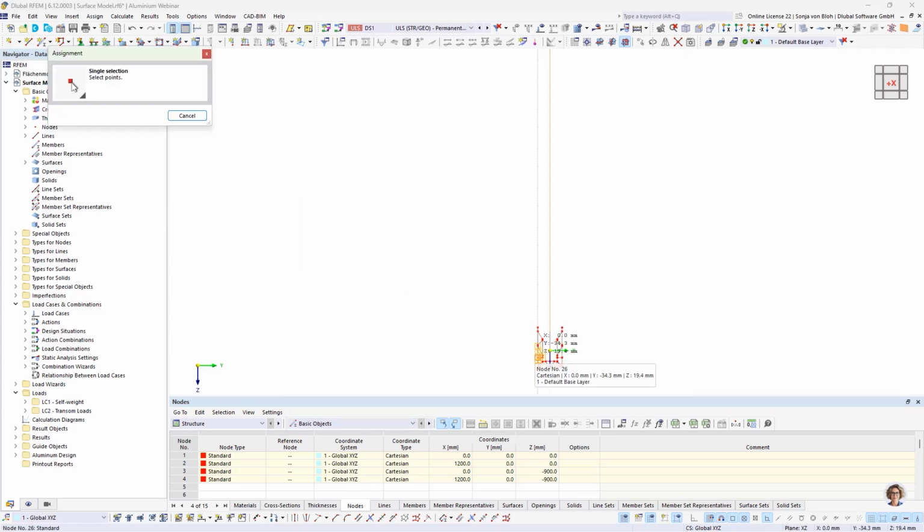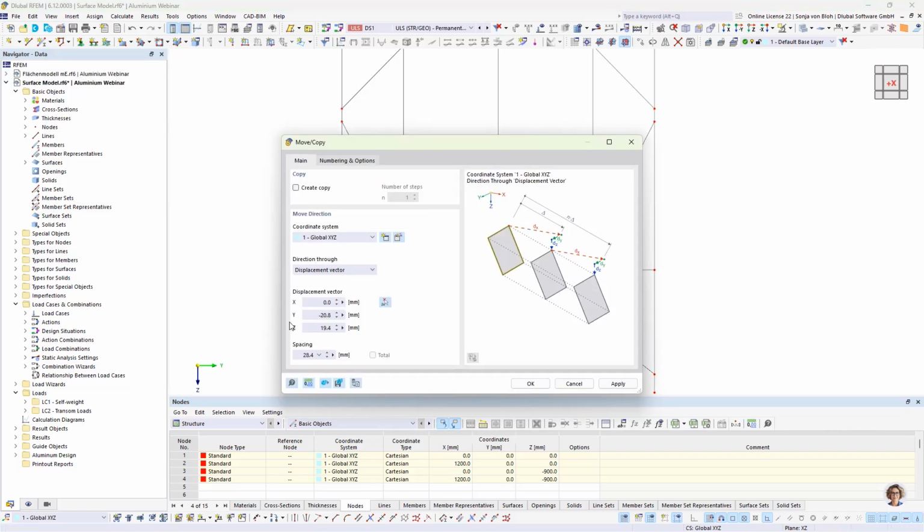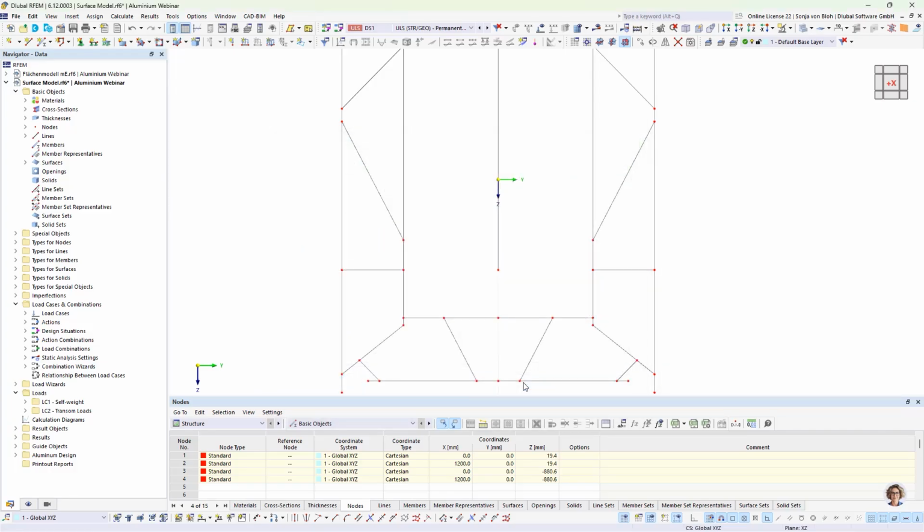Here I define the displacement vector by picking these nodes. The displacement should only be in Z direction. In the 2 bottom surfaces that I now select,